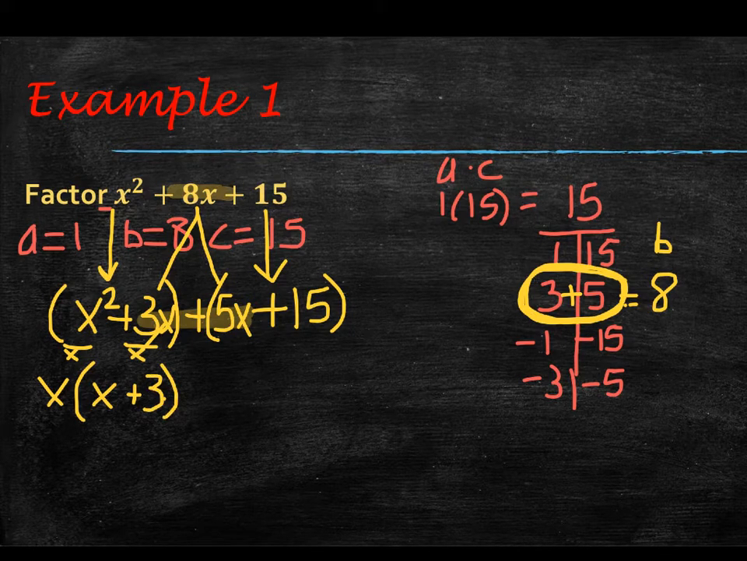Then we're going to look at 5x and 15. We can divide both of those by 5. So we're going to bring that 5 to the outside. Make sure you put a plus with it. And then when we divide each of those by 5, 5x divided by 5 is x, and 15 divided by